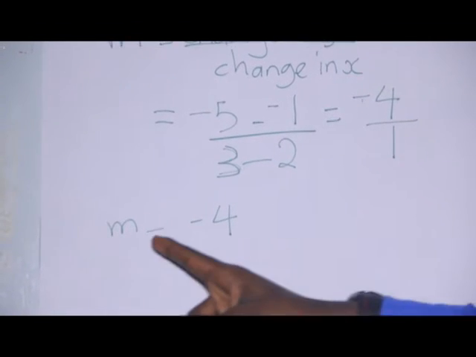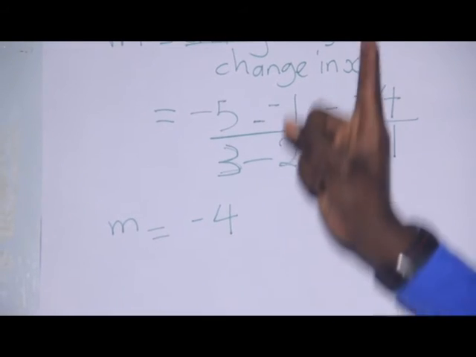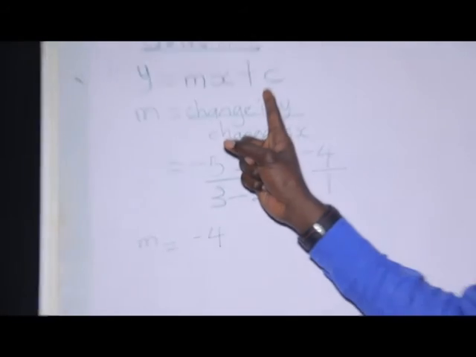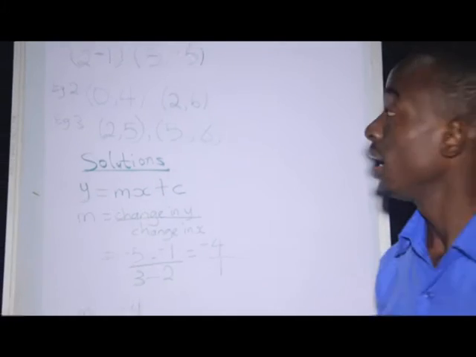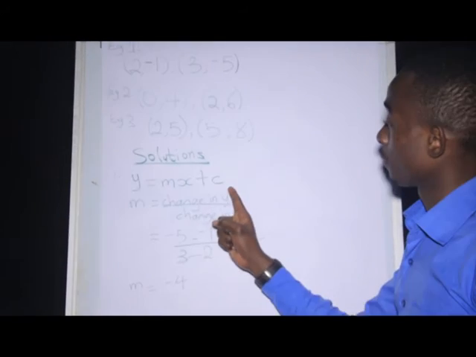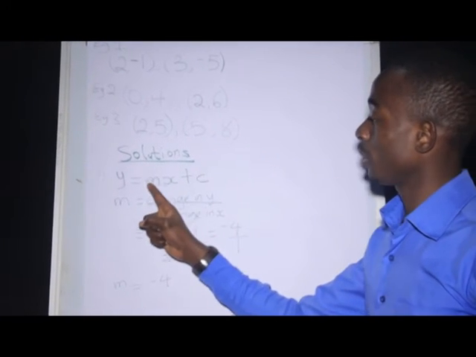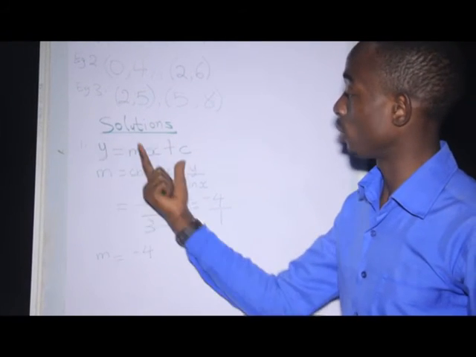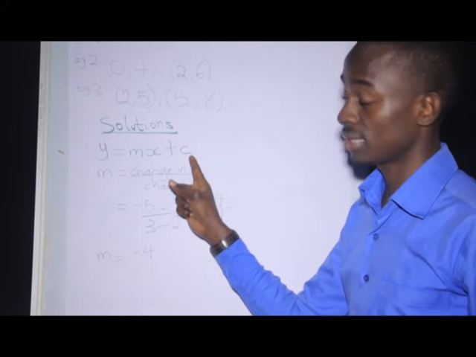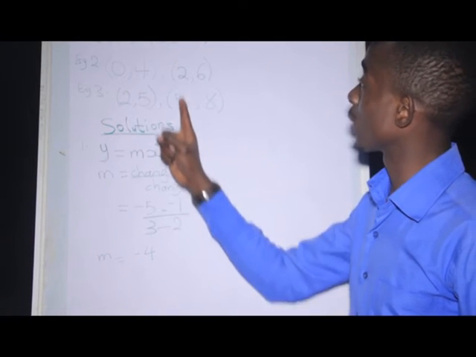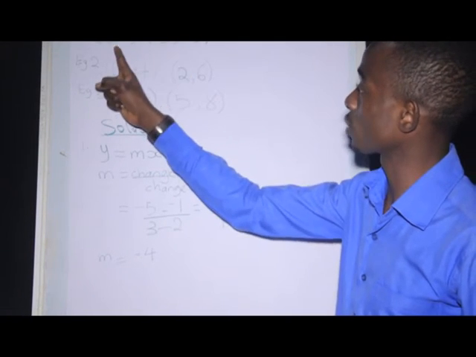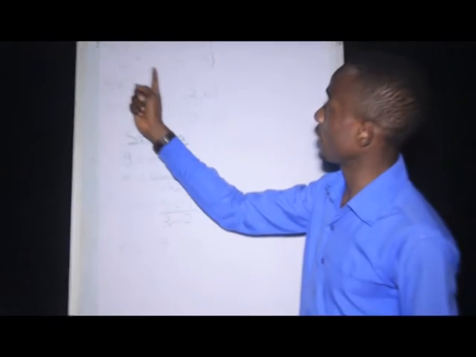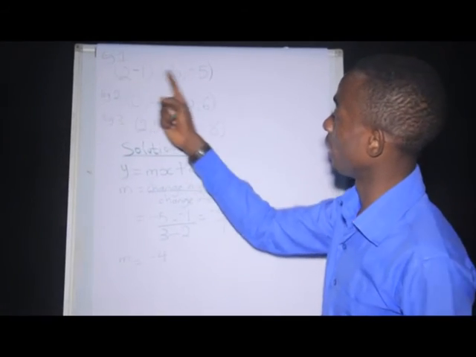So now that I have the value of m, I'm going to look for the value of c. How do I look for the value of c? I substitute into this formula and I get the value of c. Now remember that I already have my value of m, I have the value of x, I have the value of y. So I'll use those values to get my value of c. And to get the value of c, you can choose any of these points, either this one or this one. So if I choose this point, 2 and -1,